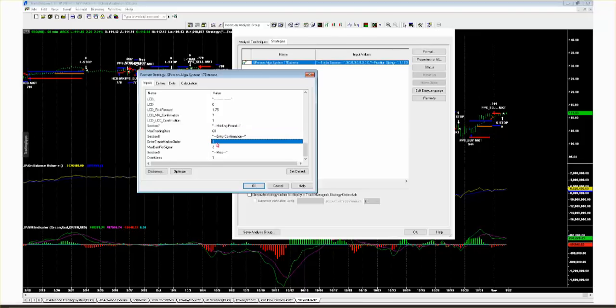Should you be entering a market order, or should you be going on a stop-in entry? What we did with this was automatically filter in a stop-in entry a tick above the signal bar.